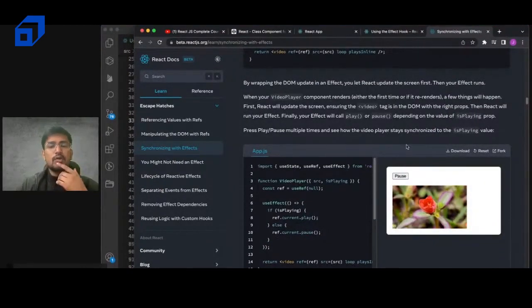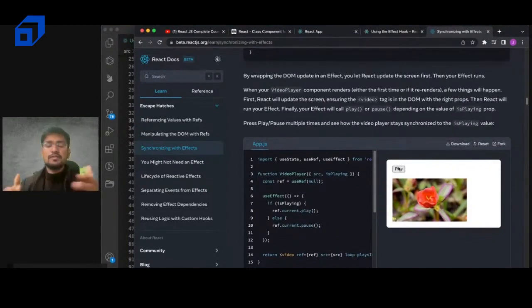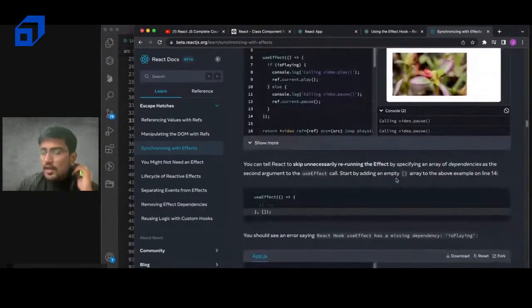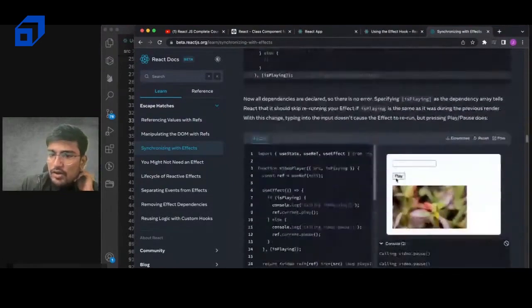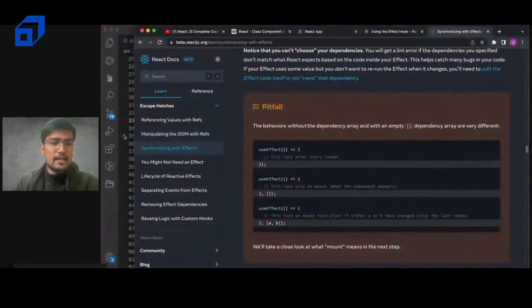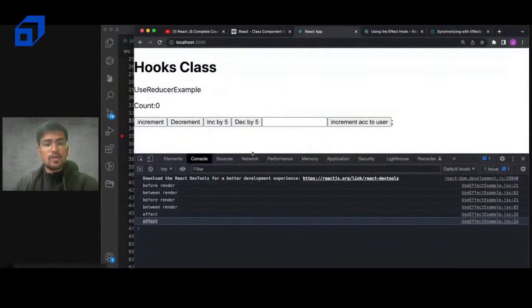Okay, it is where use effect is used, because unless your video is on the UI, you can't play or pause it. So that is one way of using it. And the point where I want you to explain is the third thing, that why we had two effect